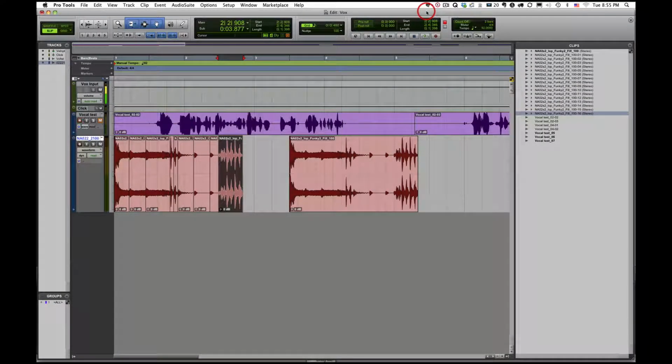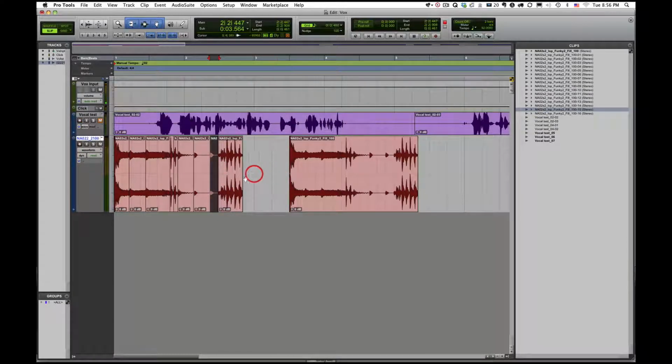At some point in time, you may want to clear some of your clips from your clip list. A lot of times that clip list can become very cluttered, especially in a larger session where you've done a lot of editing. So if you want to start clearing out some of that data, there's a few things you need to remember. First is that your whole file or parent clip is going to be stored on the audio drive, and just because you delete a clip from your actual playlist in your track doesn't mean it's gone from